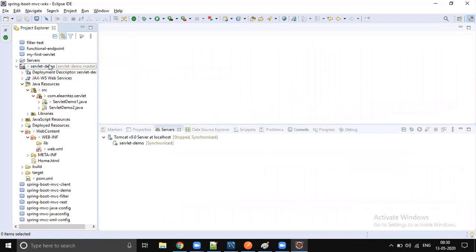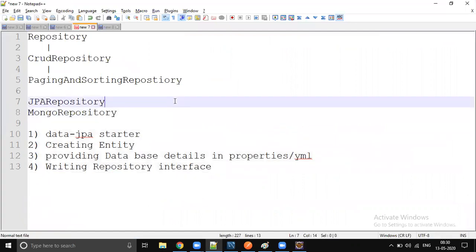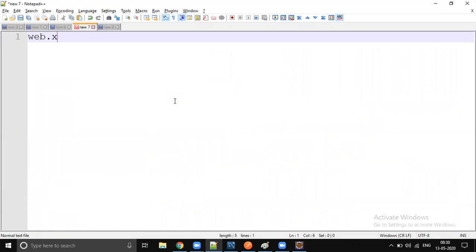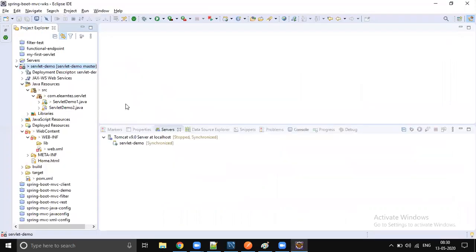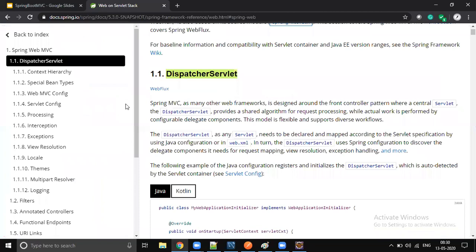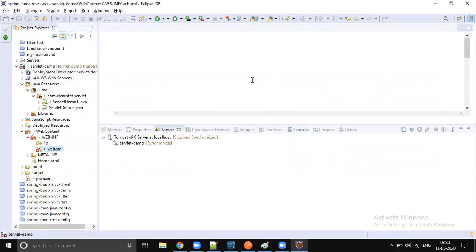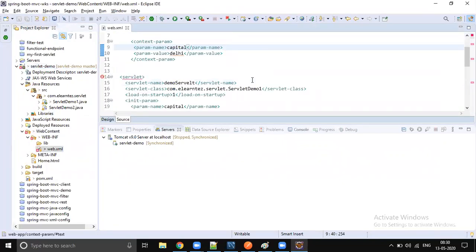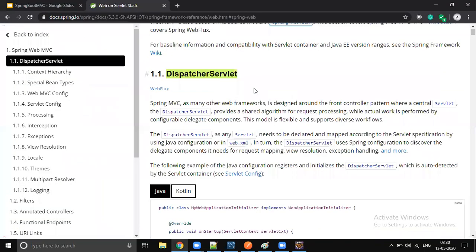If you are using Servlet 2.5, how are we going to configure our servlet? XML configuration. Exactly. It's going to be web.xml. The same story. If you are using Servlet 2.5, your dispatcher servlet has to be configured in the web.xml file, the same way we configured our servlet in the web.xml file. But somewhat this is legacy. If you see any project which was developed a few years before, you do see that kind of configuration. But the latest is Java configuration.